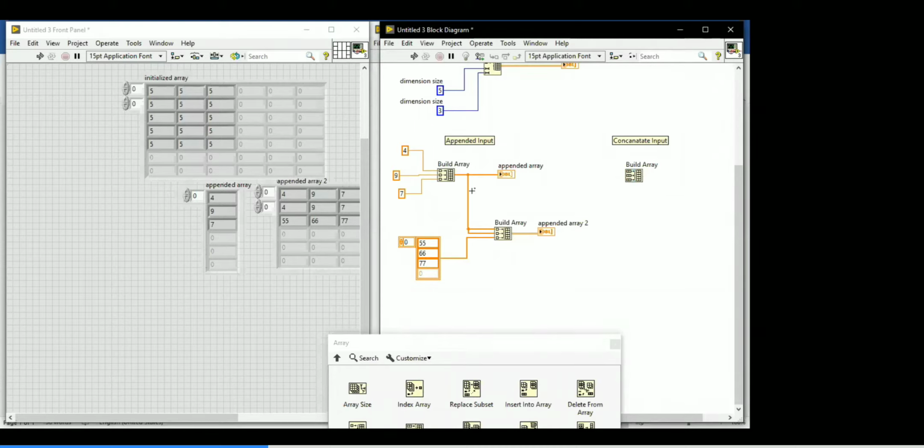Now I'm going to give the input here, so I'm going to connect it. Now what is the output you will get? Think about this being a concatenate. You know what string concatenation is and how concatenation executes. Think about that, and then tell me what array dimension you will get. Just like how string concatenation executes, the same way this build array concatenation is also going to execute.